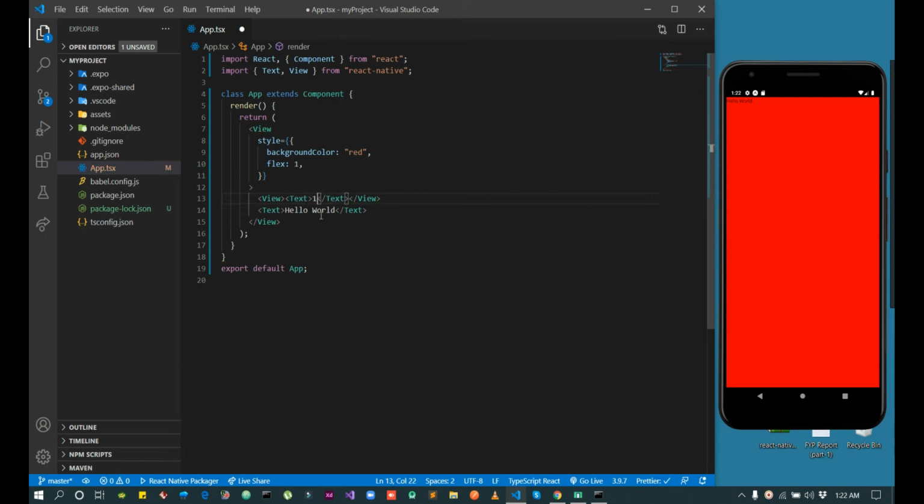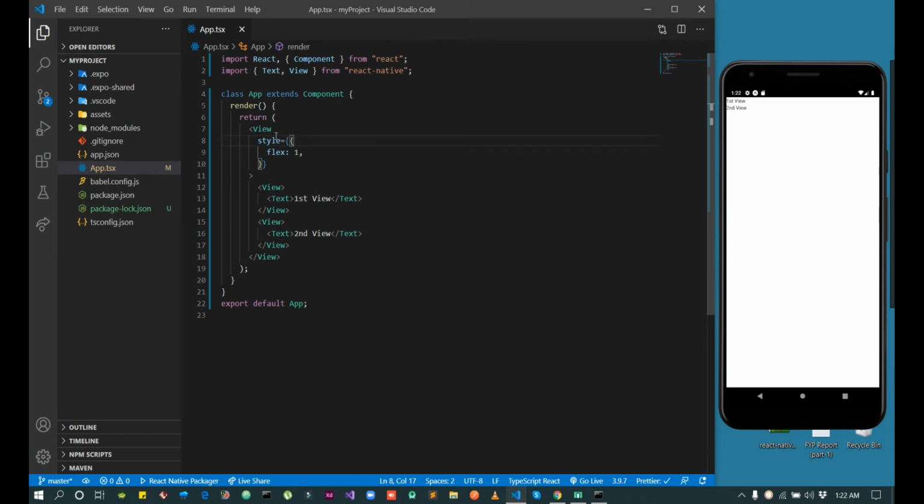Here is the first view. I save, and I am getting this. Okay, this is the first view, and the second one is this. It's the second view. I will change this text to second view. As we save, we will remove this background color.